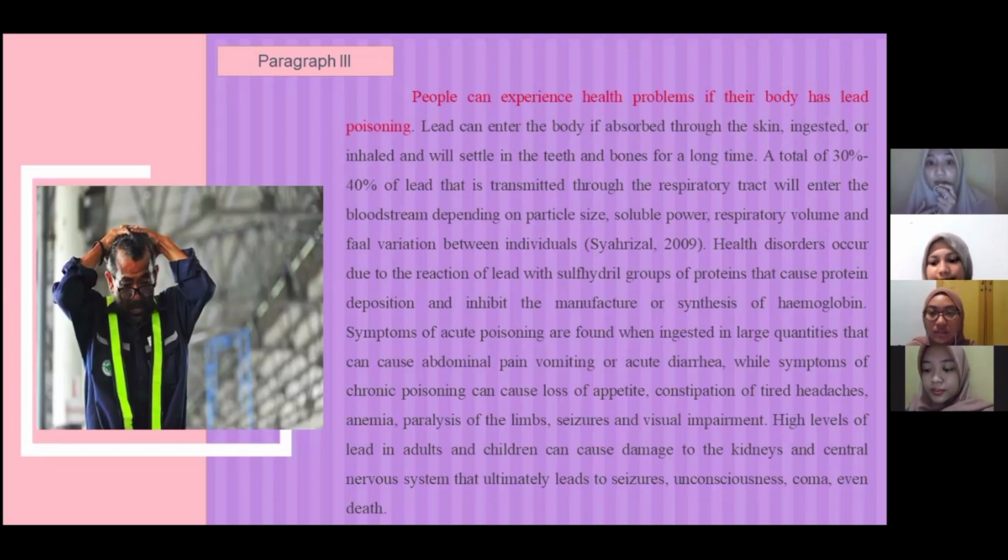Blood disorders occur due to the reaction of lead with the sulfhydryl group of protein, which causes protein deposition and inhibits the manufacture or synthesis of hemoglobin. Symptoms of acute poisoning are found when ingested in large quantities, which can cause abdominal pain, vomiting, or acute diarrhea, while symptoms of chronic poisoning can cause loss of appetite, constipation, tiredness, headaches, anemia, paralysis of the limbs, seizures,